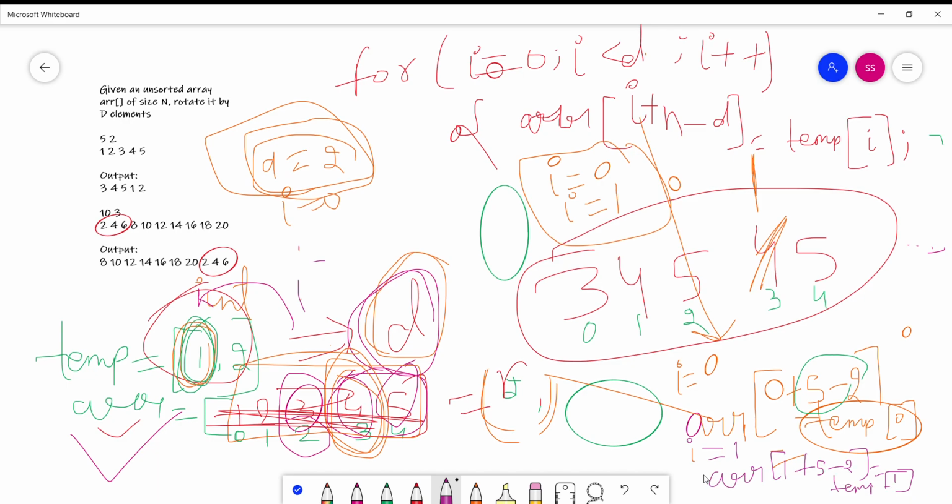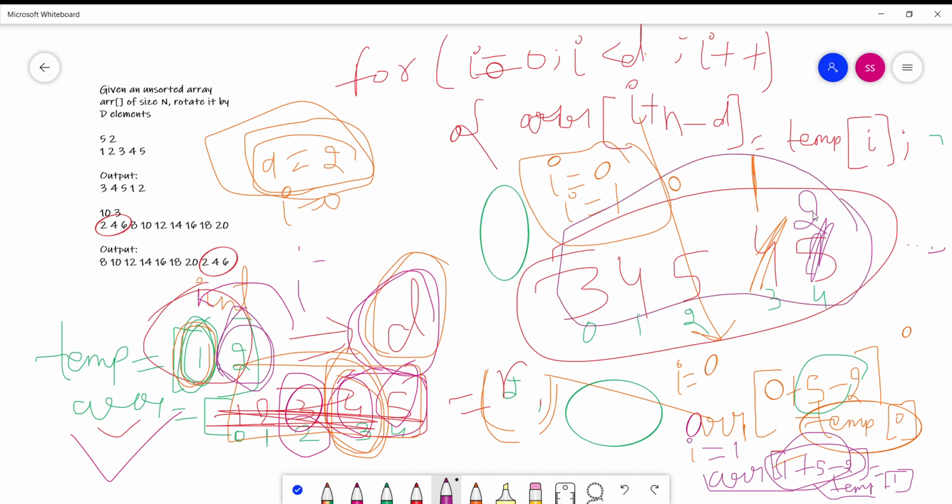It will be arr[4] equal to temp[1]. It means the element at the first index of the temporary array temp will be copied at index 4. So 5 is replaced with 2. So after rotation, what do we get? We get 3, 4, 5, 1, 2 as the output we expected. The same output we have got.